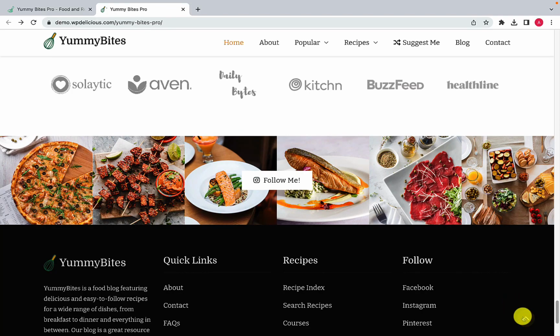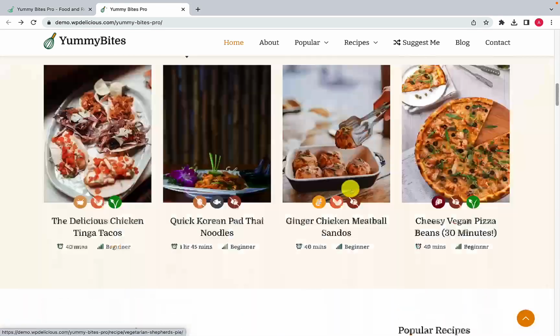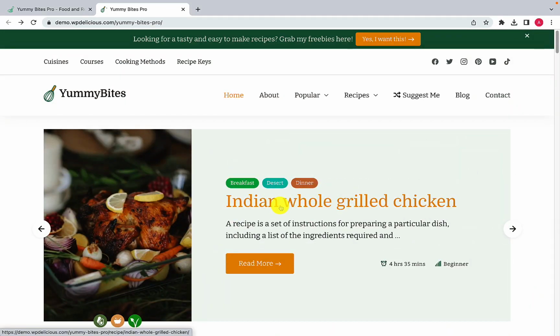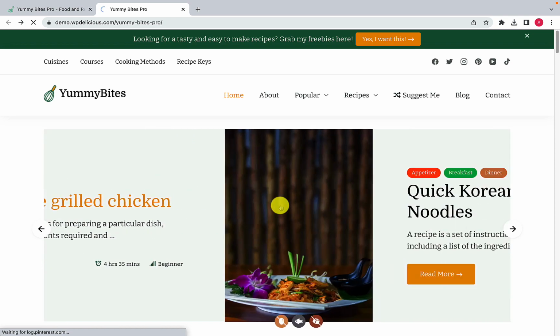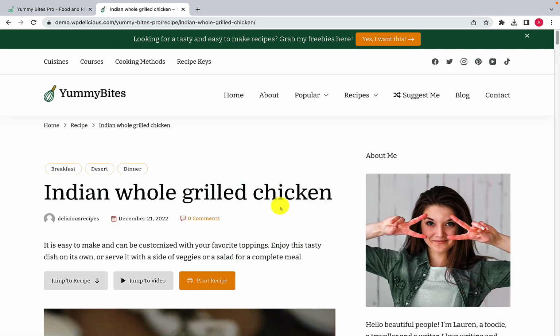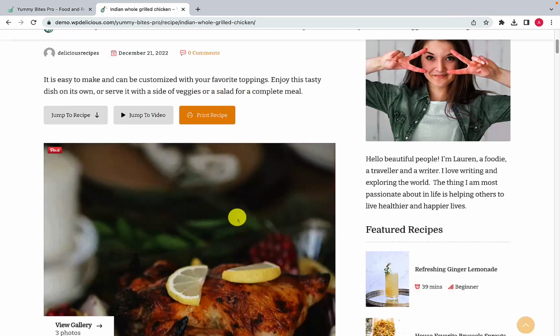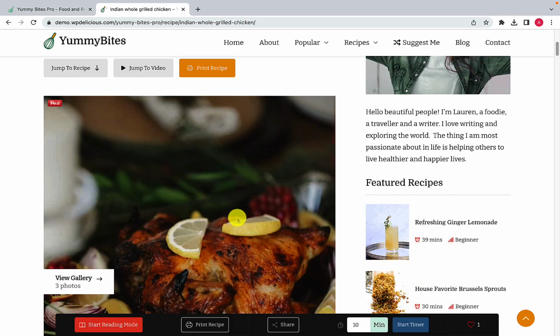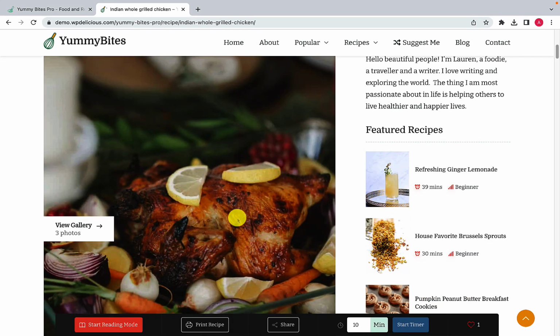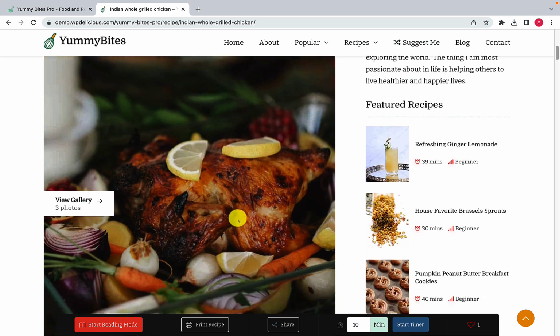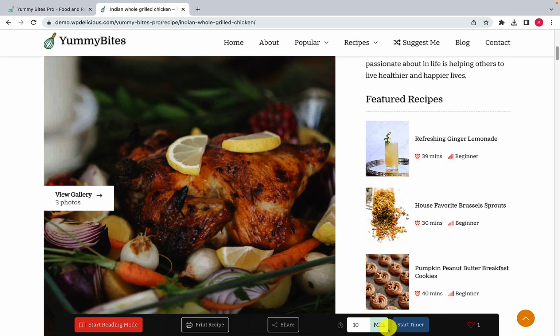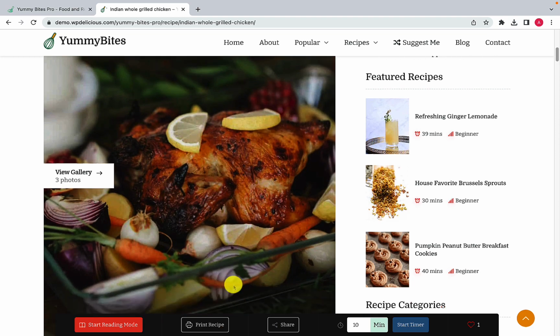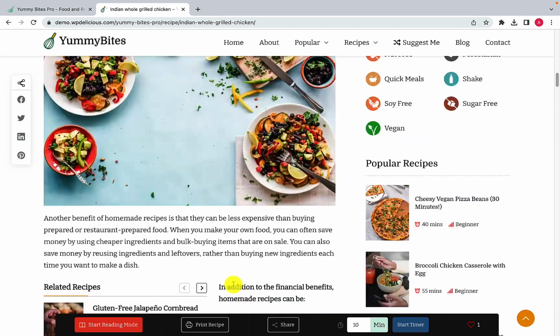Now, let's go to one of the recipes. Okay, let's go to this recipe and check out what Yummy Pro offers for single recipes. With Yummy Pro, you also get the Pro version of Delicious Recipes plugin. So every feature that is included in the Delicious Recipes Pro, like unlimited recipes, star ratings, recipe widgets, Pinterest rich